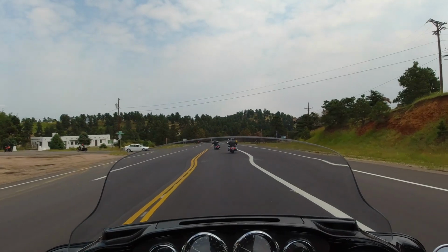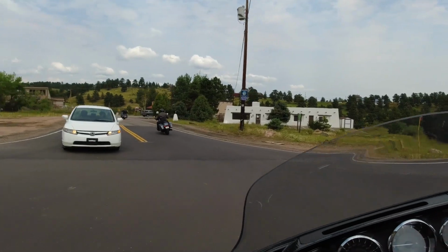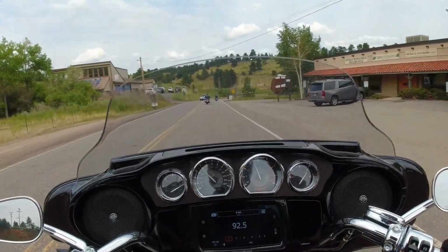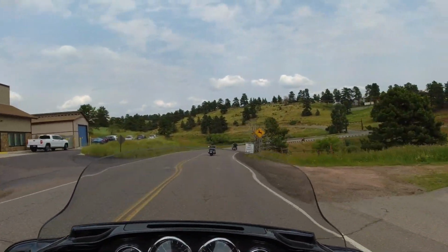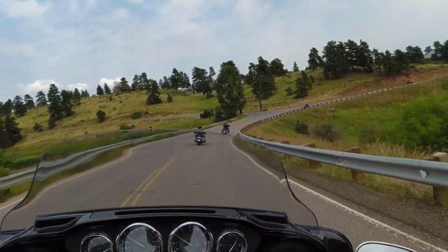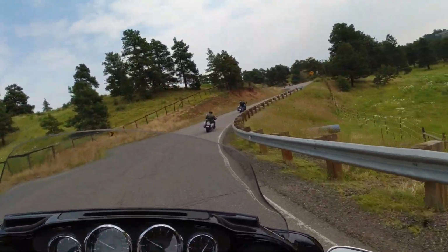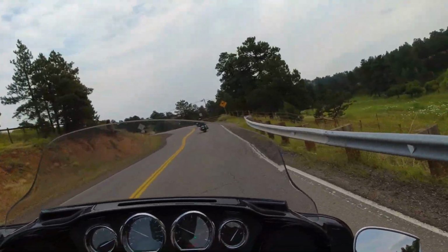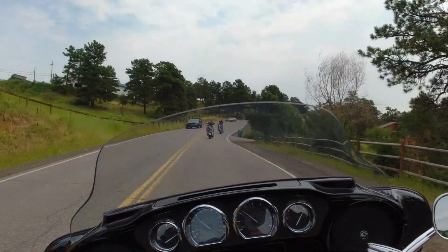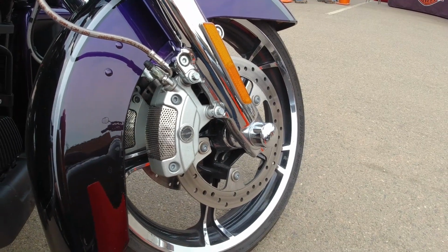Alright, so every time I come up to a corner, I'm always like, alright, how much do I have to push on the handlebars on this new bike? And as far as the power, plenty of power. Personally, I prefer maybe a little bit more power, but on a big bike like this, I'm sure it's super heavy. I don't know if this has traction control on it either, but